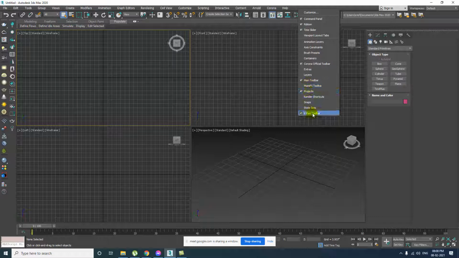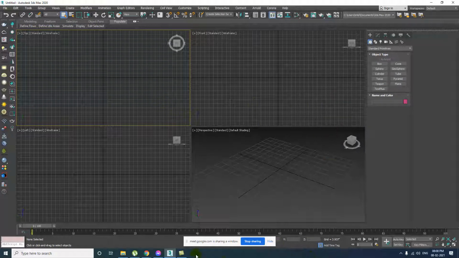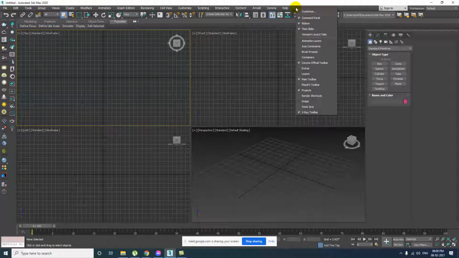Like here, if at the bottom you can. Acha, wait. You will not be able to see now. Give me 1 second. Now you can see the drop down menu.